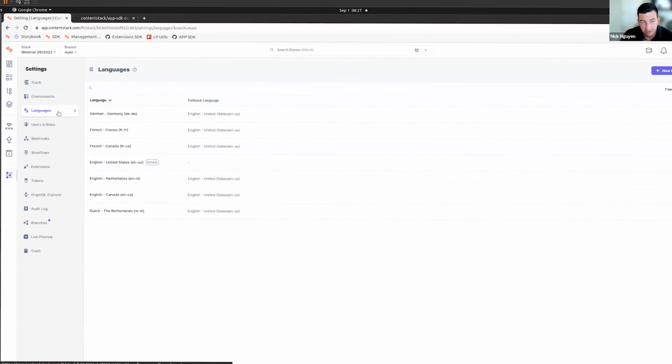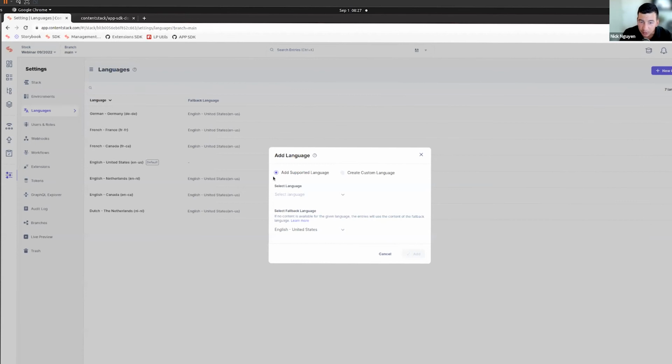Next, we have our languages. So we have some languages already created on this stack. In the top right, we'll click on new language. And in here, we have our supported languages, all the languages that you see here. And if something isn't supported or you're doing a little bit of custom functionality outside the norm, you can go ahead and create a